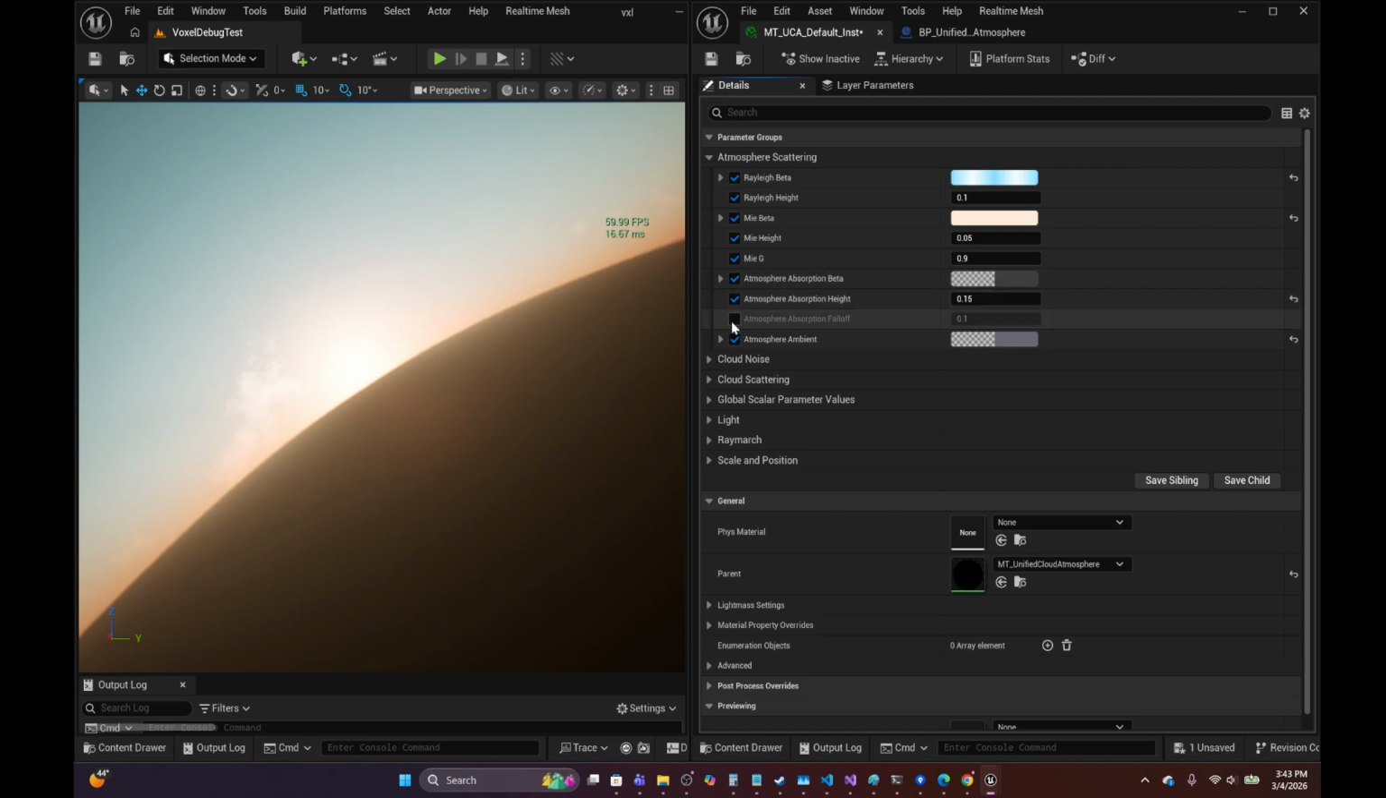Atmosphere absorption beta, absorption height, and fall off. I would suggest not messing with these too much unless you just want to experiment, but basically this controls the rate that light is attenuated out of the atmosphere. This is set pretty effectively here. You would want it to line up with where the ozone layer would be. So you could put it at 0.1. It's going to be really hard to perceive a distance because the atmosphere doesn't absorb much